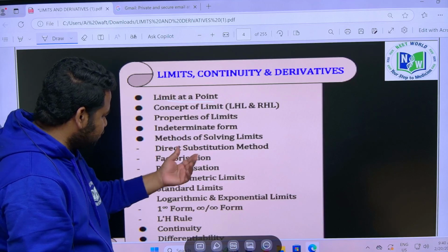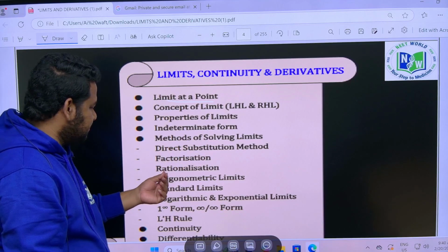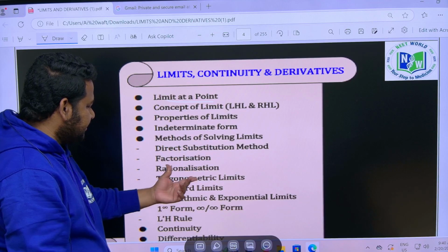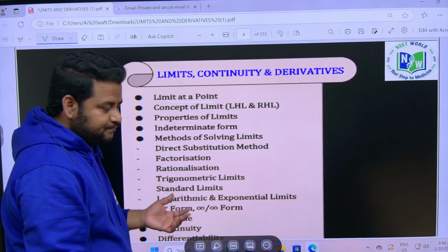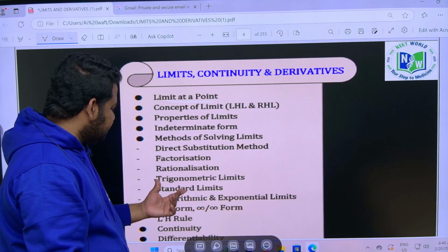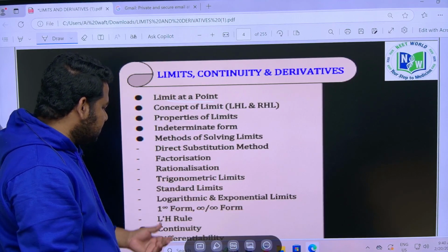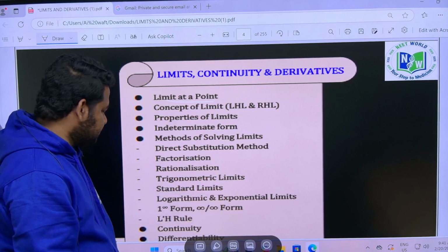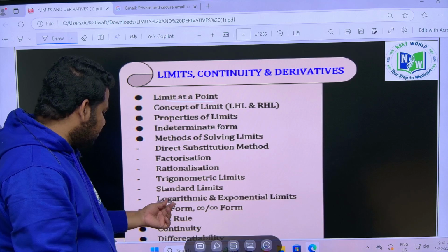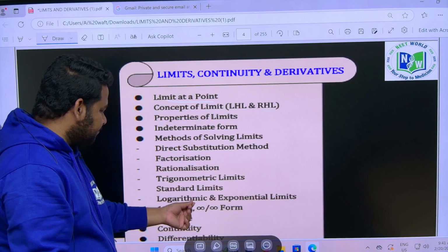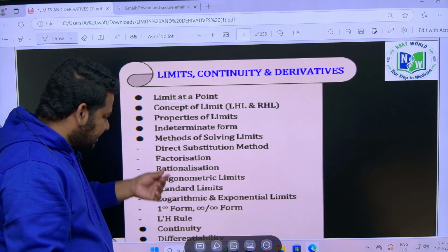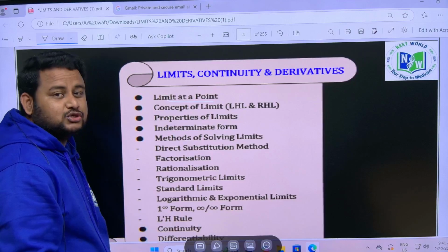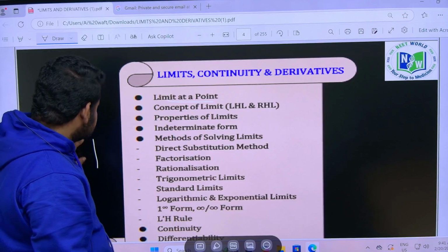We have the direct substitution method, factorization method, rationalization method, and trigonometric limits. Under trigonometric limits only you will get the sandwich theorem. We are going to study even certain standard limits, logarithmic and exponential limits. Then there are the 1 to the power of infinity form and the infinity by infinity form. When a question arrives at these forms, how do we solve those questions? Next, when we talk about